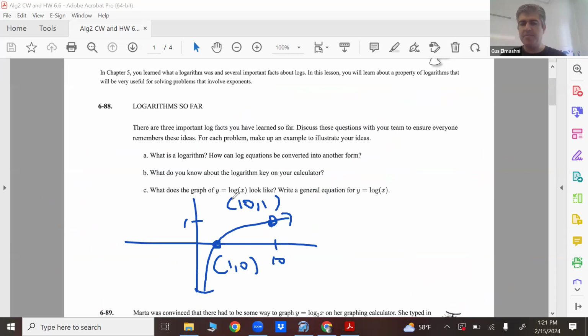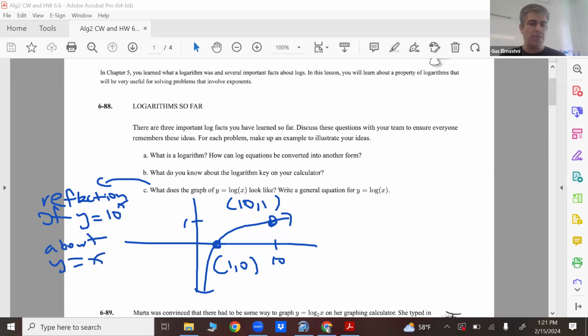So yeah, that's how it looks. It's a reflection of y equals 10 to the x over y equals x. So if I drew y equals x,